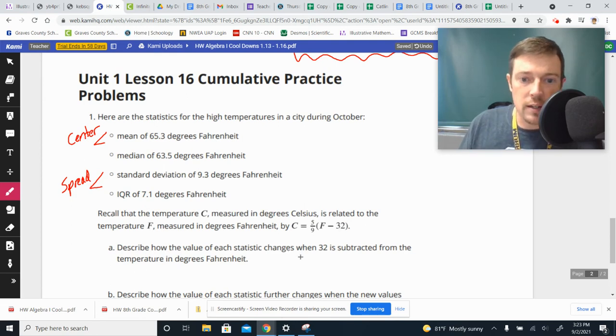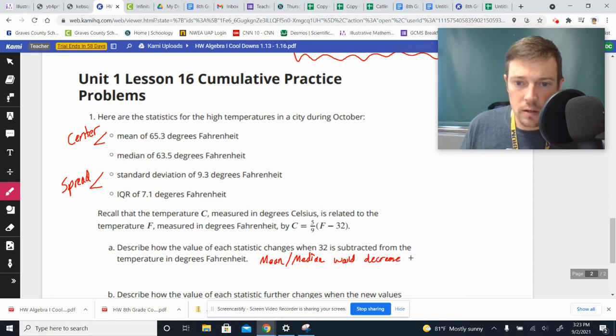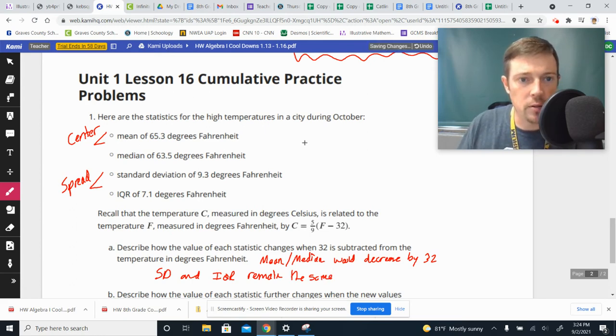So how does the value of each statistic change when 32 is subtracted? Well, mean and median would decrease by 32. Standard deviation and IQR would remain the same. So that's how they're affected by this. Technically, these would go down 32, which would give you 33.3 for the mean, and 31.5 for the median. But the standard deviation, 9.3, and 7.1 for the IQR, those would remain the same